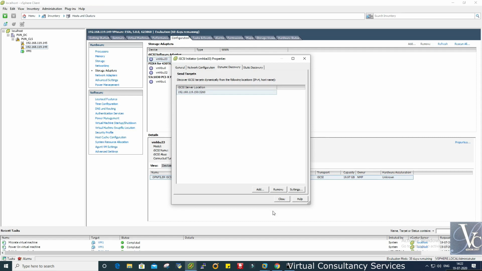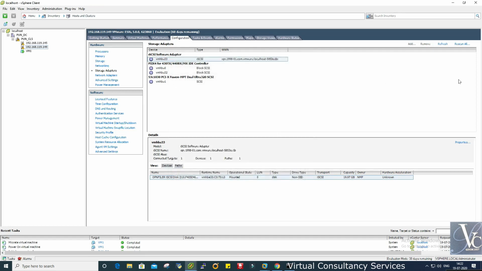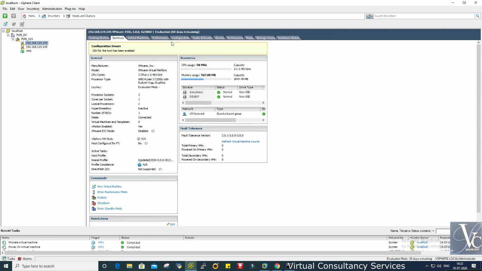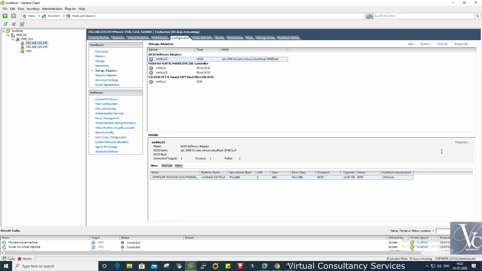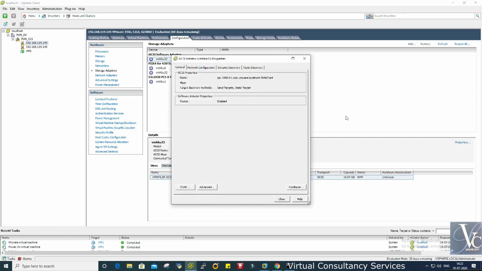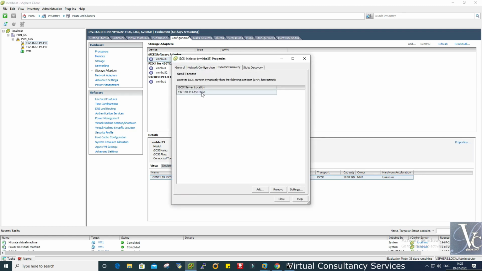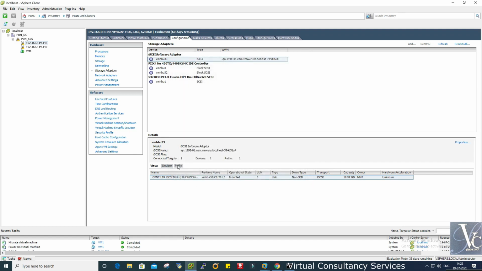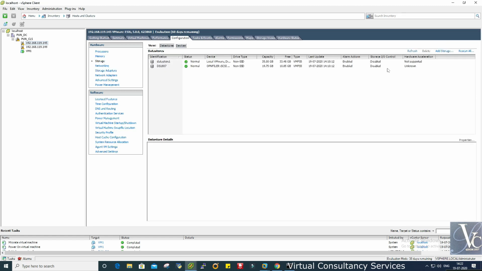I already configured this in the iSCSI initiator of ESXi. Both ESXi I have configured. So this one is 149. This one is 20 GB, not the 10 GB. Yet it has not popped up here, so it is not showing here. So I will go into this one. I will show you the dynamic discovery, and see, here it is configured. So both servers have the iSCSI initiator.